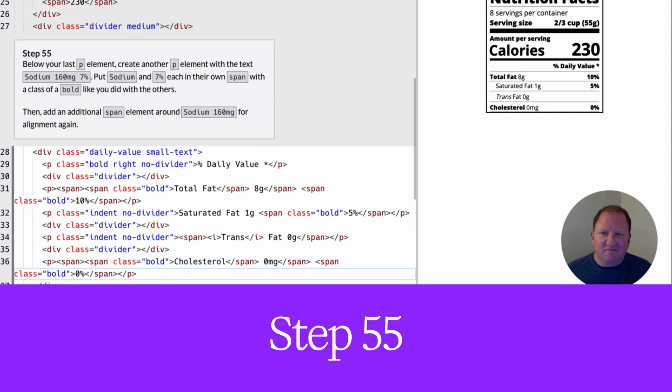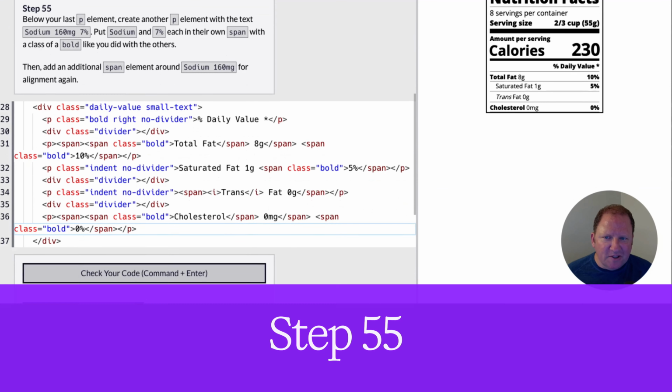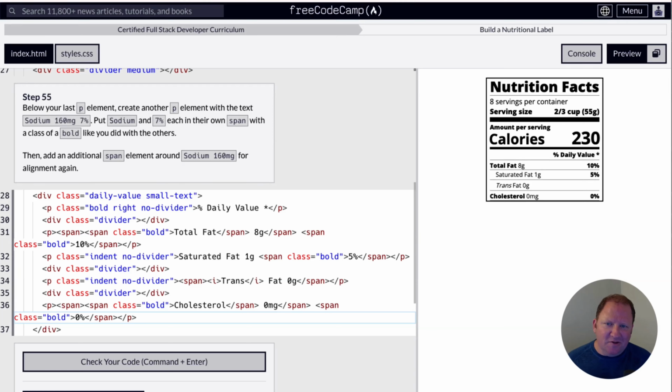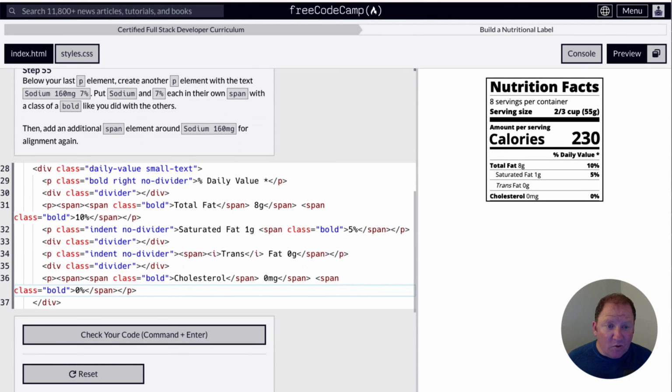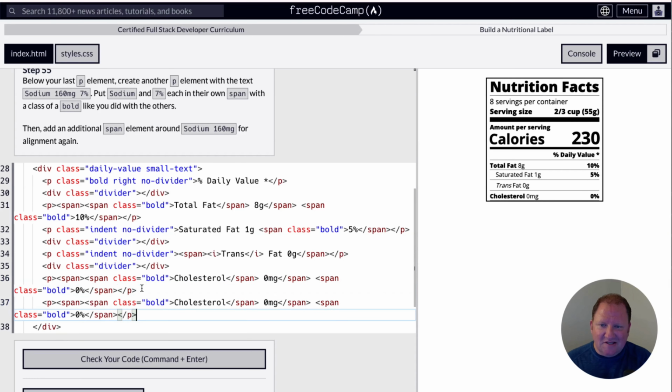All right, so step number 55 in the build a nutritional label. It tells us that below our last P element, let's go ahead and create another P element. And we're going to create the sodium, 160, 7%. And it wants us to do the exact same thing that we did for the previous step. So what I'm going to do is I'm going to cheat the system here, and I'm going to copy this, and then I'm going to paste it down below,